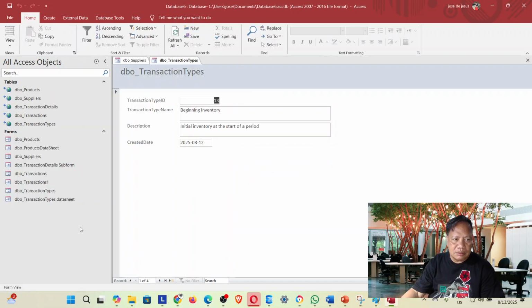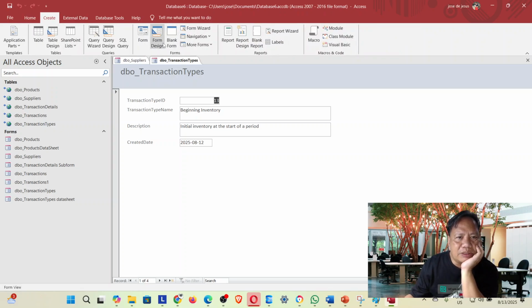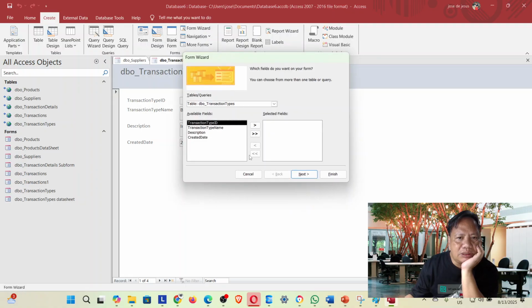Okay. I'm gonna create again, and this time I'm gonna use the form wizard, and I'm gonna add the transaction details,